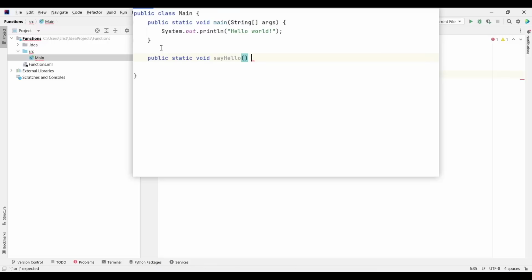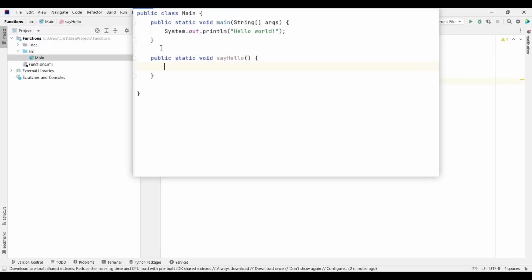And then we put curly braces. So we put the opening curly brace and the right curly brace was added automatically. And I press enter. Now I have a function, and it's called sayHello. What I can do inside is type SOUT, our shortcut, and I can type here say hello. Let's say hello Alex.